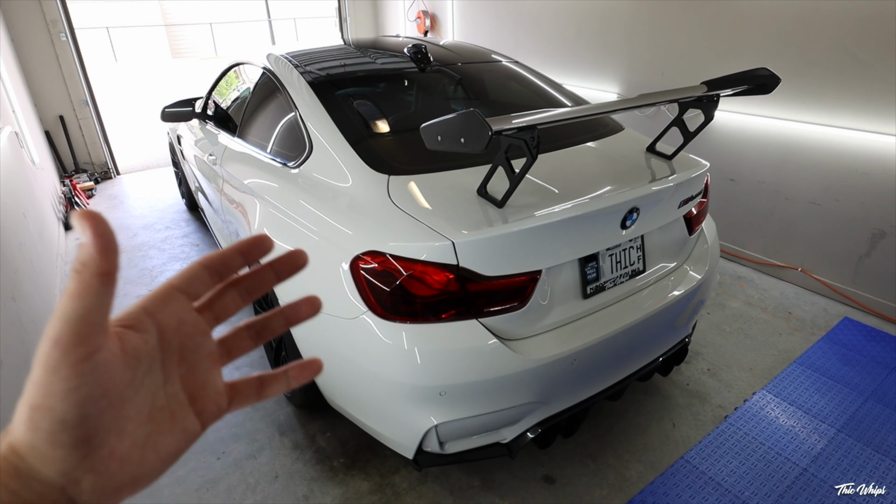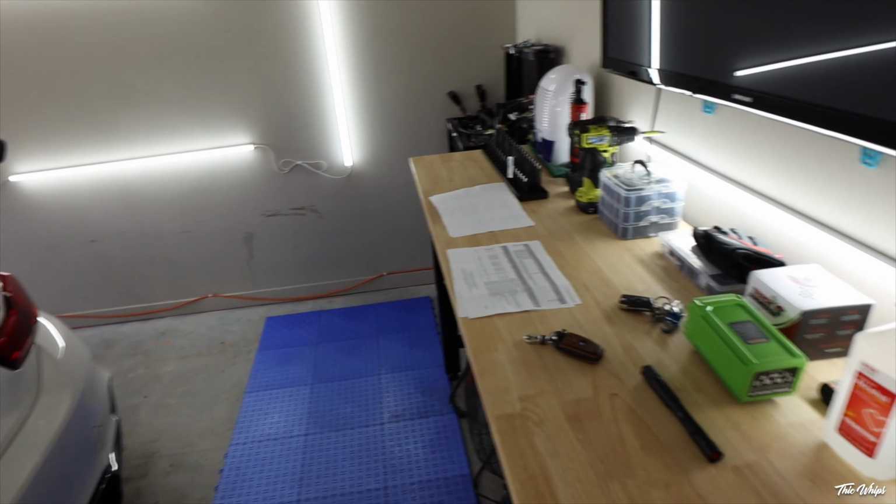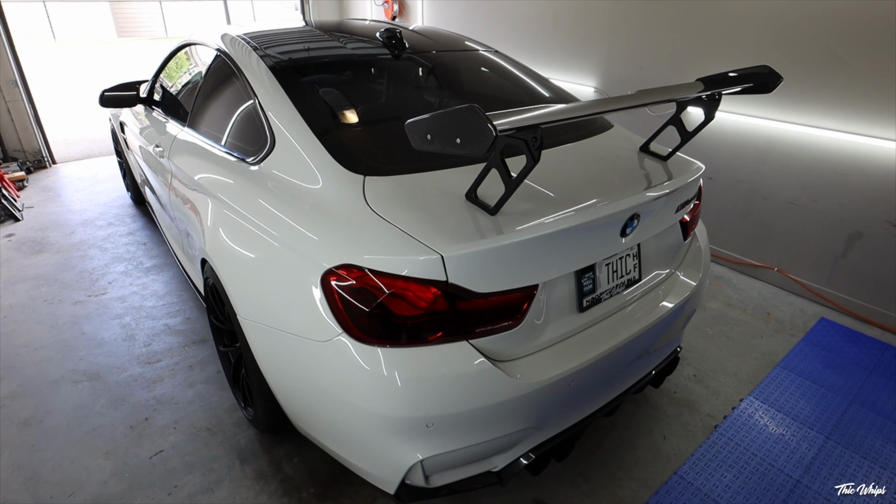The brakes on this car looked good, so I wasn't worried about it. This car also had a brake service done in its history, so I know that the brakes were addressed already at one point. So these were some of the most common things that I saw online when researching the M4